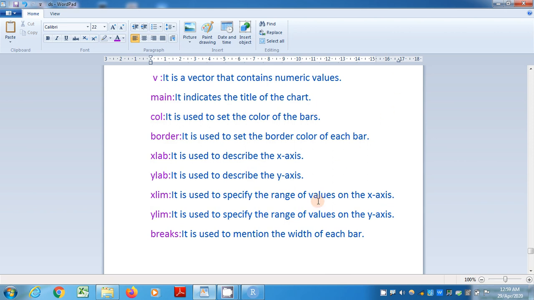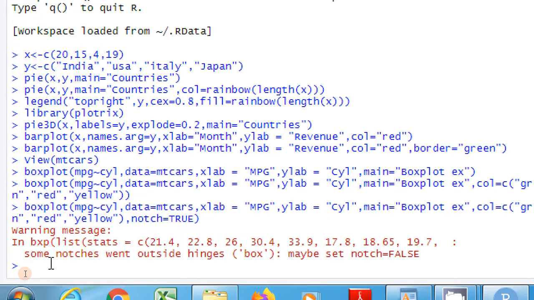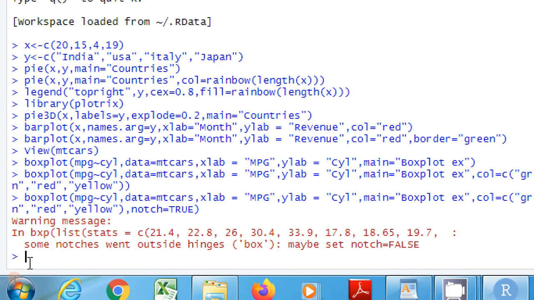So I will open my RStudio again. If there are any warning messages, no need to look at that. You can go with your new chart. What is that new chart? Histogram. So I'm taking histogram. As a first parameter I'm passing x, and as a second parameter I'm taking xlab. X label I'm taking weight, and as a y label I'm taking frequency,